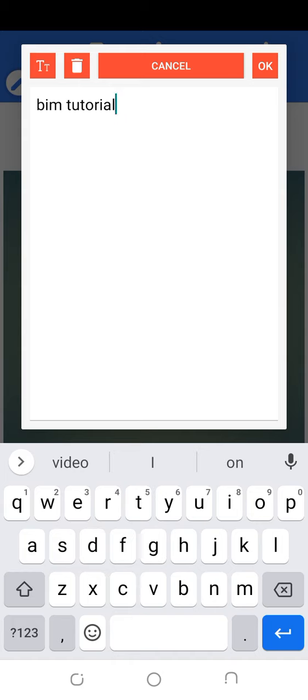At the top here, you see the 2 T's here at the left corner allows you to change from capital letter to small letter. If I click here, it changes to capital letter. I can go back by clicking it again, and it remains in small letters. And then beside it, you will see like a dustbin, like a trash can. If I click on it, everything I have here will be wiped. Okay, I'm not going to do that. And then if I click cancel,